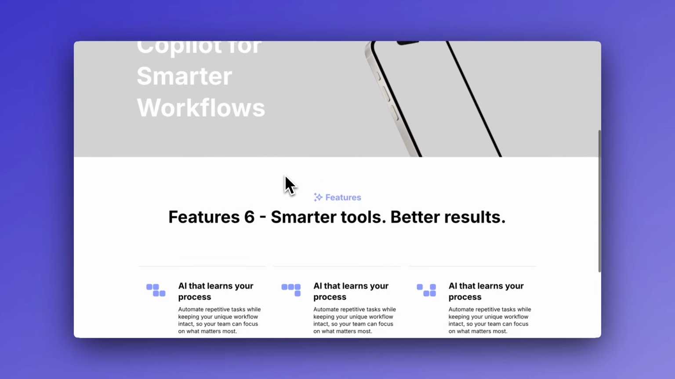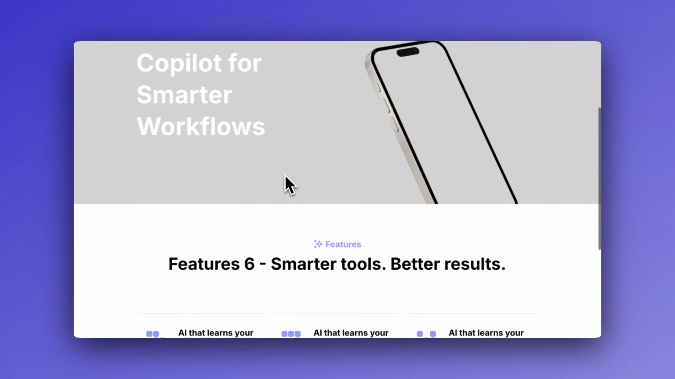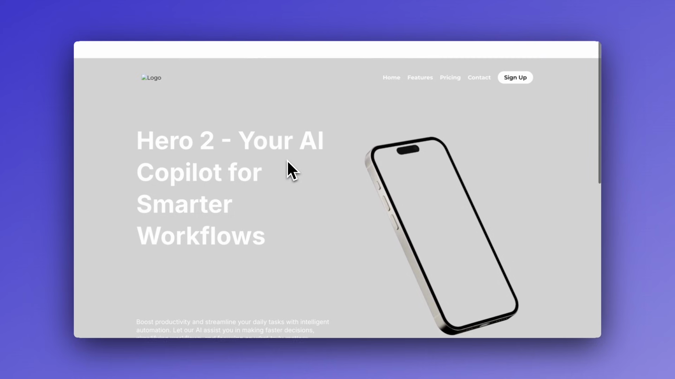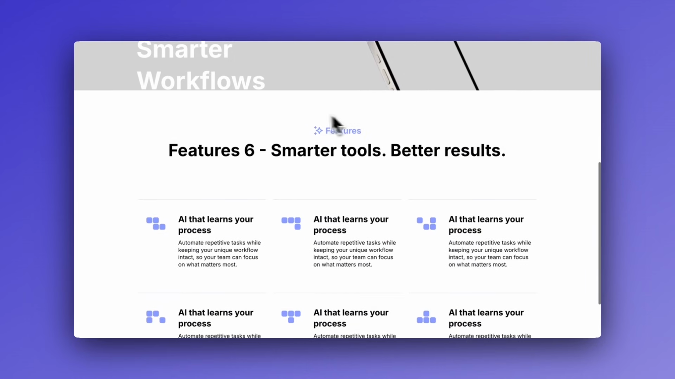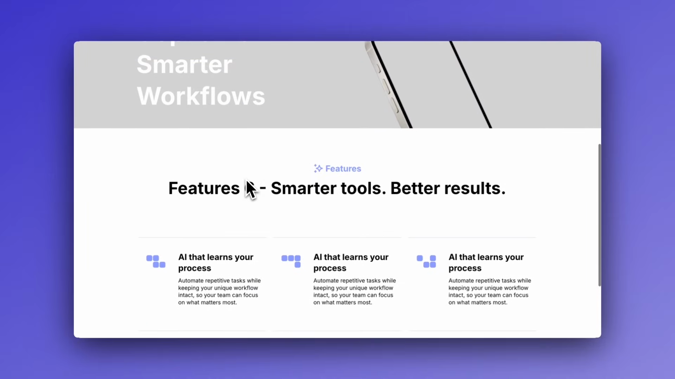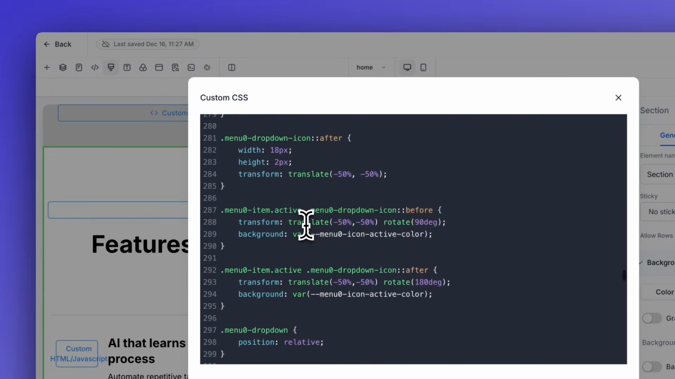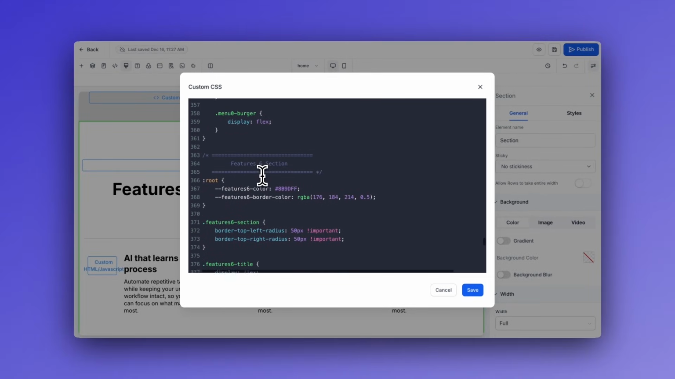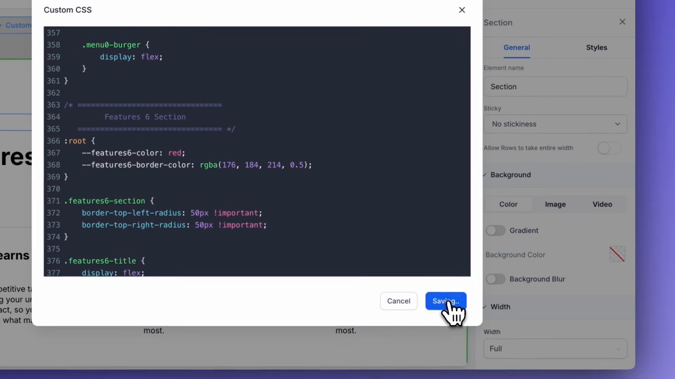And as you can see, this is how our website looks so far. Really cool. You have this hero section with parallax effect, you have this menu right here, custom coded, and then you have this amazing looking section down here. And let me show you how you can customize this. So features 6, and if we just change the color, let's say, I don't know, let's say red, right? Click save,